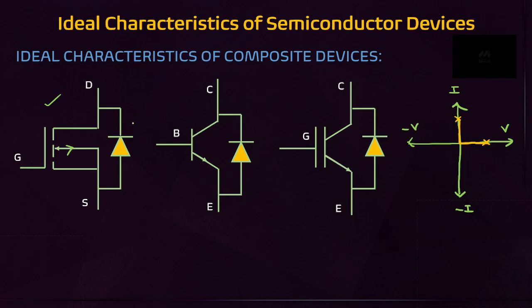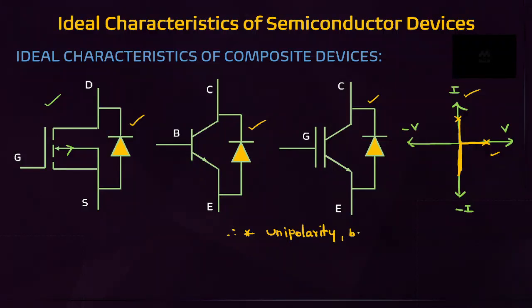Simply remember, friends, if any anti-parallel diode is there, then we can get extra current. Negative current also we can get. Up to the transistor first quadrant, and because of the anti-parallel diode, negative current we can get. Remember like that. Then all these devices allow both directions. That's why they are unipolarity bidirectional devices.